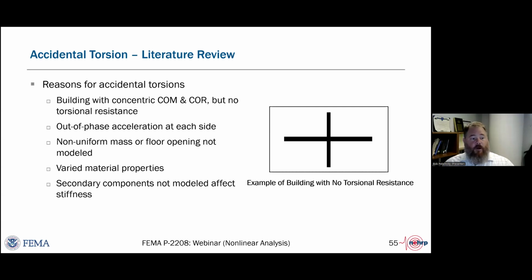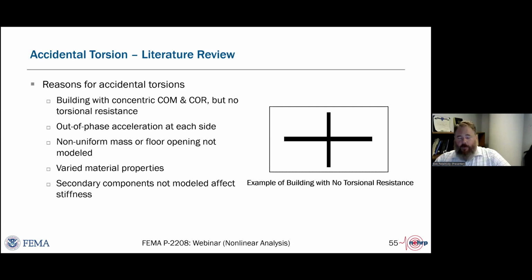That can come from a non-uniform mass on the floor or openings that are not being modeled. It could be from varied material properties or differences in member sizes due to construction tolerances, and especially as you start taking out the stiffness of the secondary components.